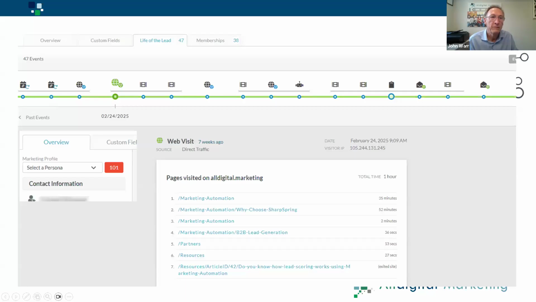They've been on a website, they've viewed a video, they've downloaded some media, they've been on the chatbot, they've completed a form. So we're starting here to capture all the engagements, and with each engagement point, we can see what they've done. So in the case here, we have a website visit, and we can see all the different pages they went to on the website and how long they were there. So what we're starting to do is build up an engagement profile so we know exactly how they're interacting with our business.